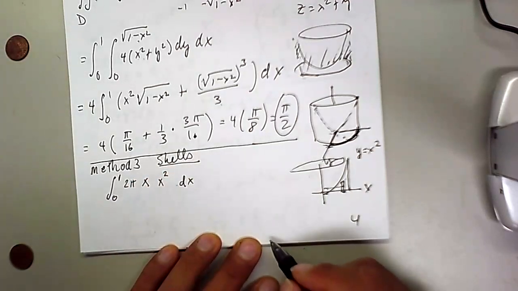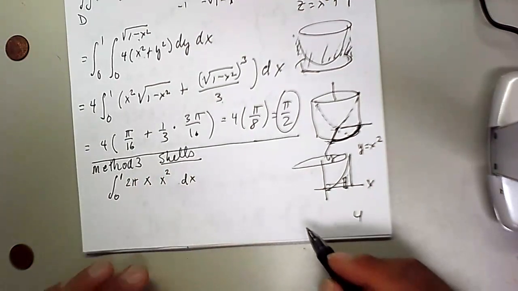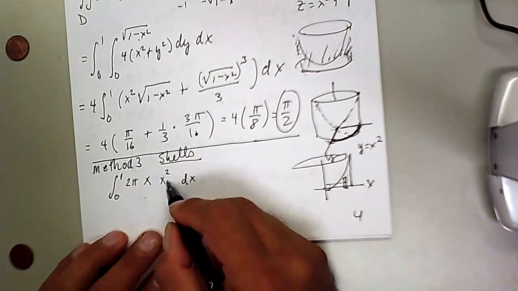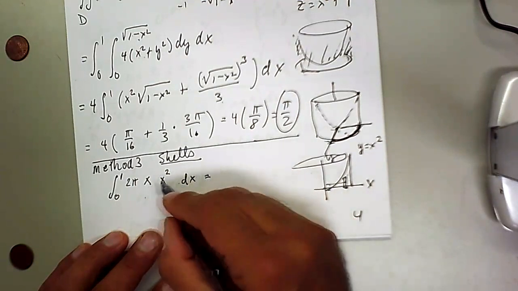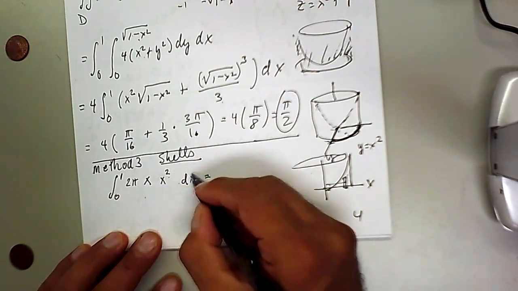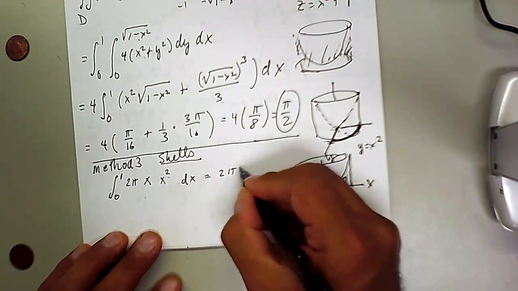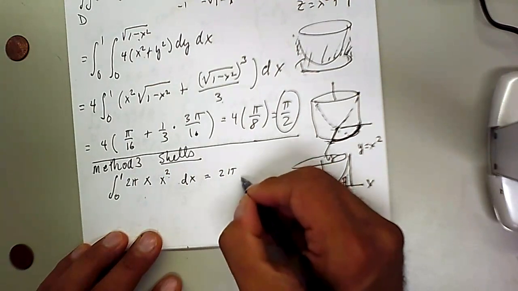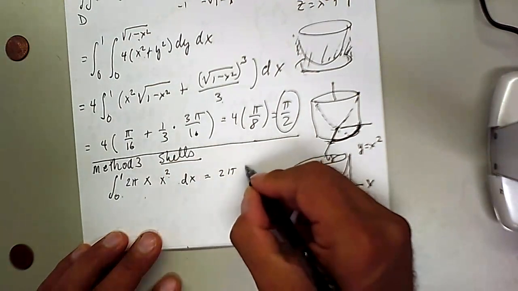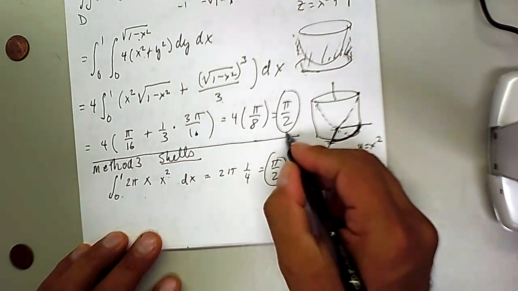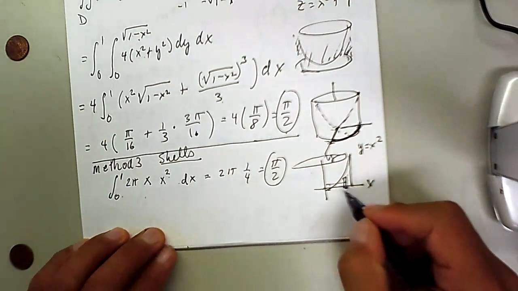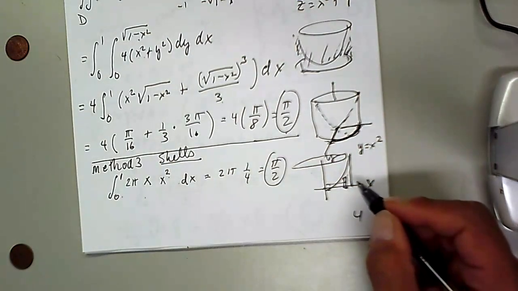So there we have it. This is from Calc 2. So this is really x cubed, which is going to give us the antiderivative of x cubed, x to the 4 over 4. So keep the 2 pi. X to the 4 over 4, as we go from 0 to 1, is 1 over 4. So there's the answer, pi over 2, same answer we got before without so much drama, which goes to show,